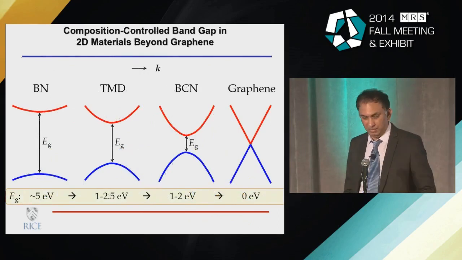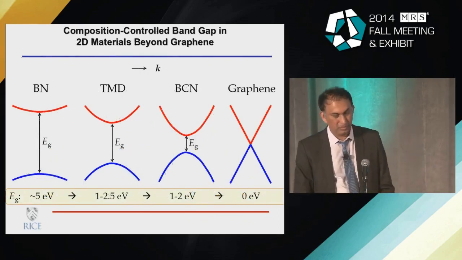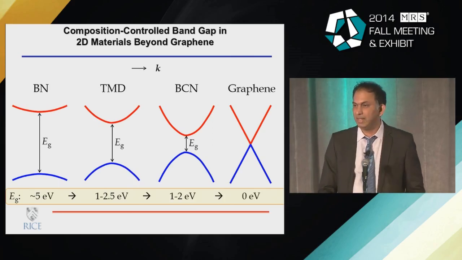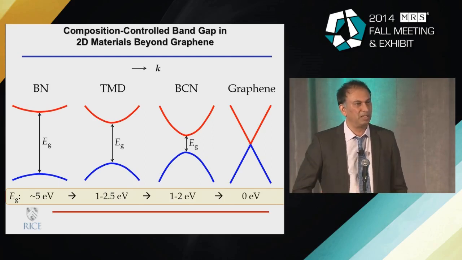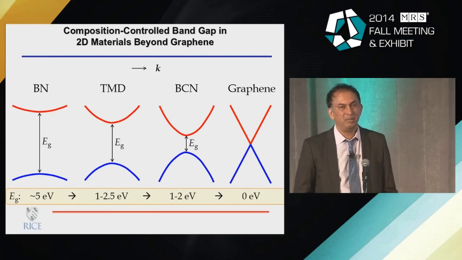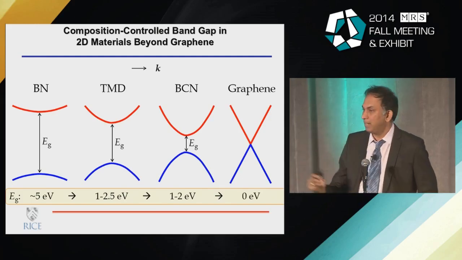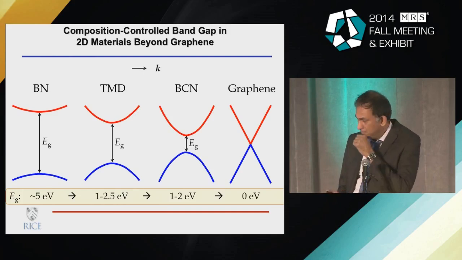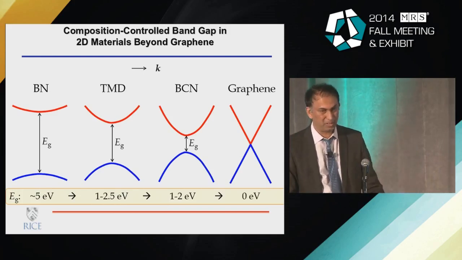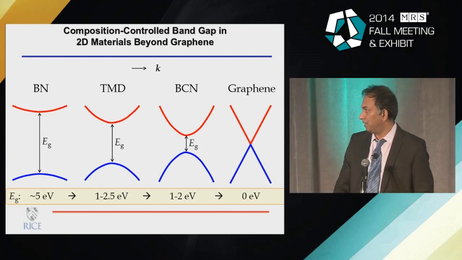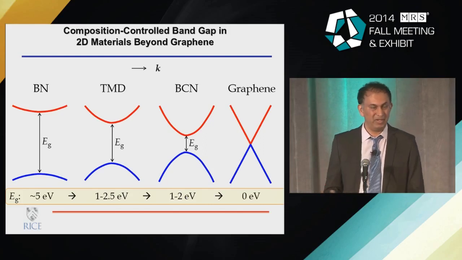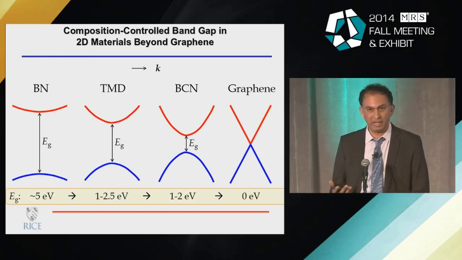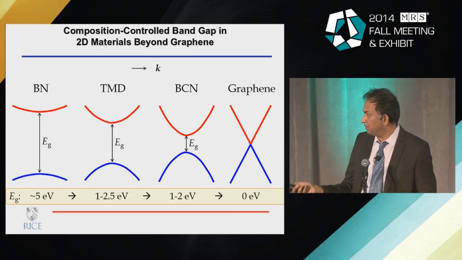Now, going even beyond that, there's also possibilities of creating engineered structures even within a single atomic plane. You could create modulated compositions, and again, I'll show you some examples of that. There are possibilities of mixing a large number of possible domains within an atomic layer and creating very, very different types of materials with sharp interfaces, which could be, again, part of this whole game of creating two-dimensional circuits.